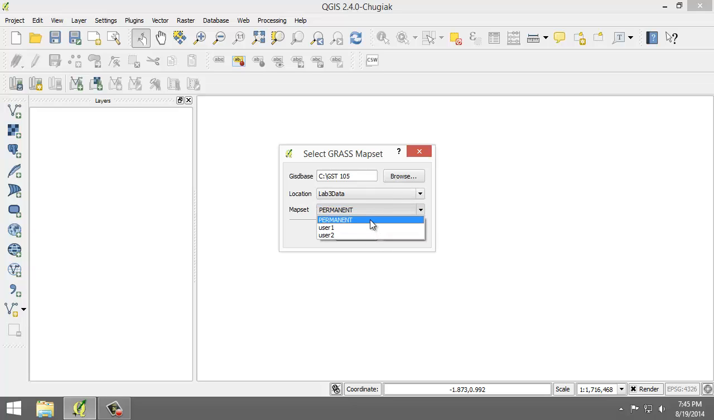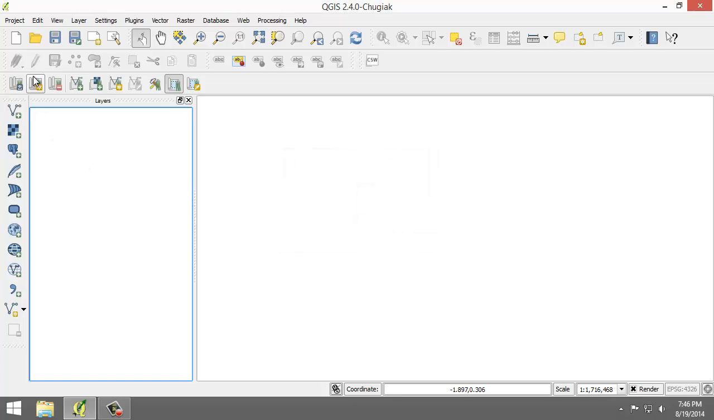And once I choose that, you can see that it finds the location, and you can see that it finds all the map sets available. So I'm going to choose the User 1 map set and click OK. And when I click OK, you can see that it now enables all of the other buttons on the GRASS toolbar,